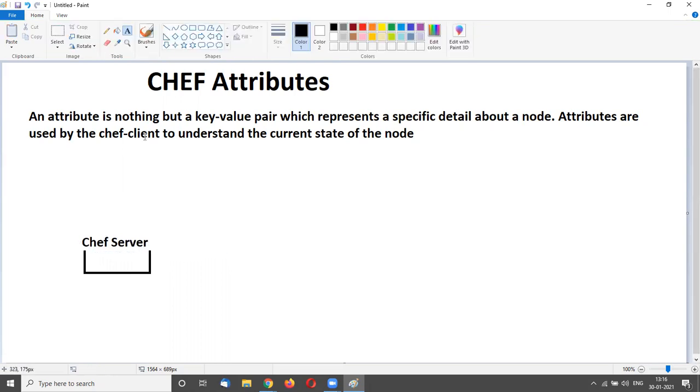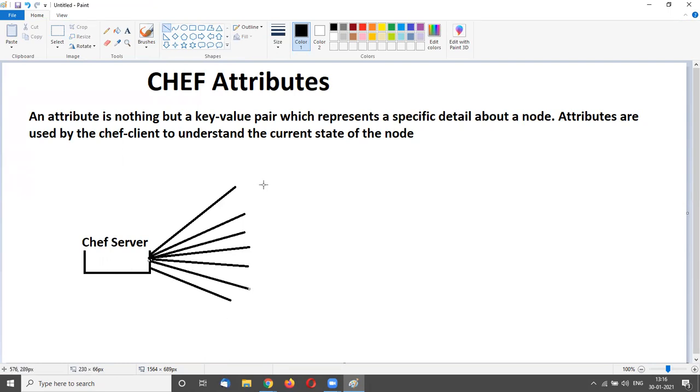This is my Chef server, and this Chef server has 50 different nodes. All the node machines are here, 50 node machines connected to this Chef server.